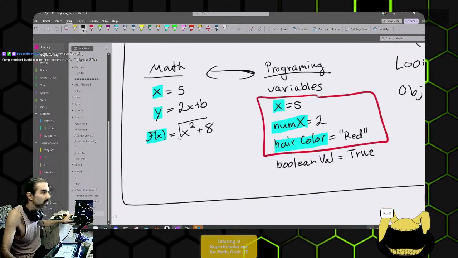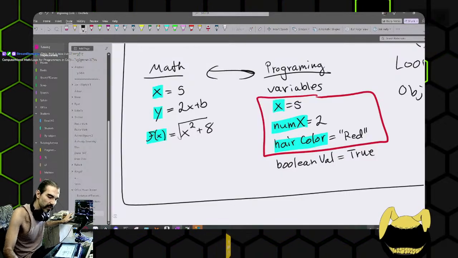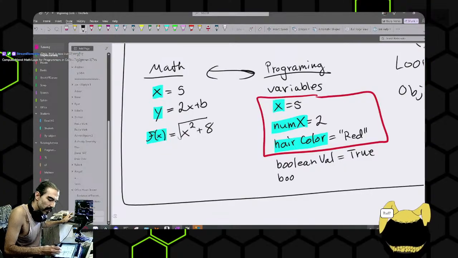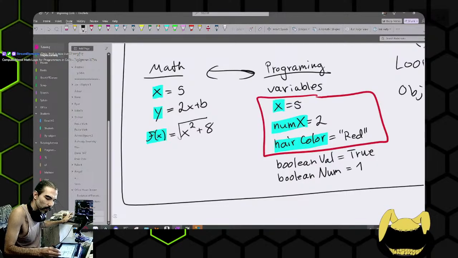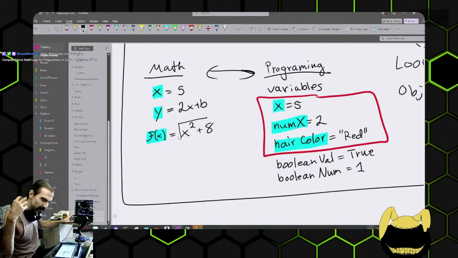Some languages use capital T, some use lowercase t. It all really depends on the language you're using. But the fact is that it wouldn't be any different than saying Boolean number equals 1. They bear the same results because if we really reach back to the focus of how a program even works,